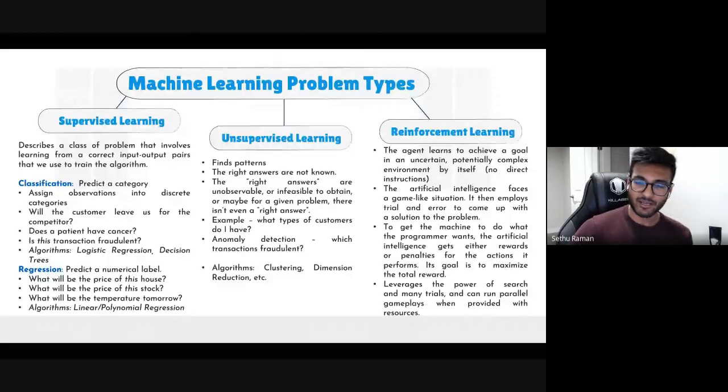Predicting the stock price, predicting the house prices, maybe